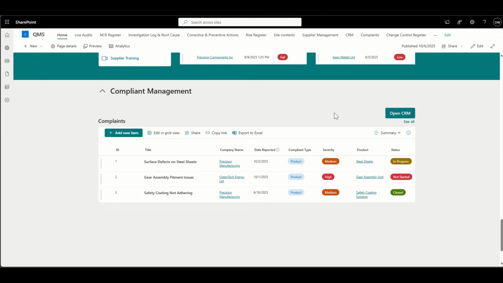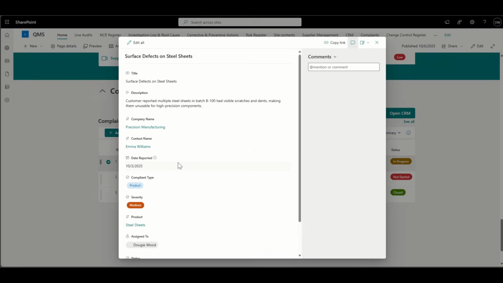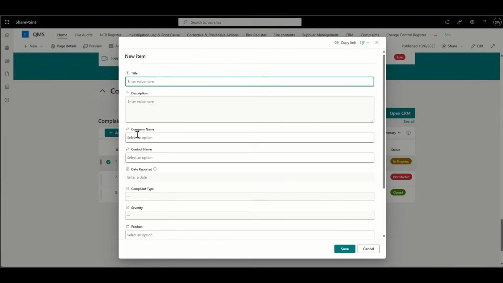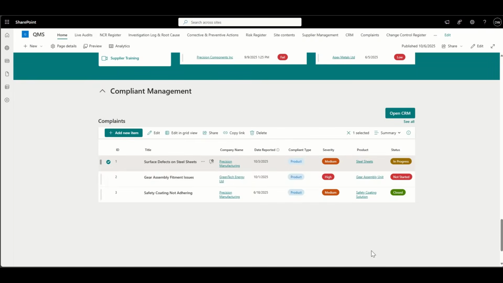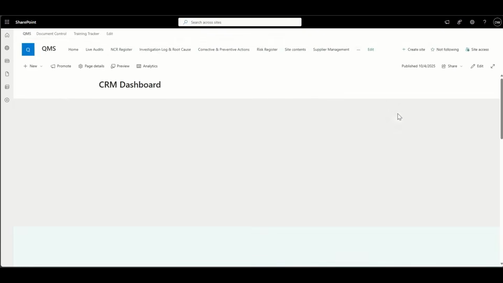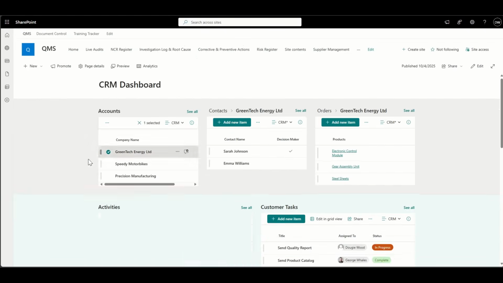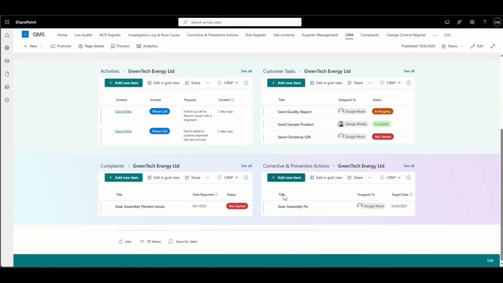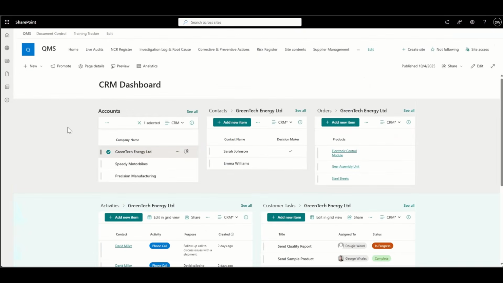If we wanted to drill into a bit more, as in an individual complaint, we can just open them up. If we wanted to create a new complaint, we can click on add new item to add a new complaint, which obviously we can tie back to the company and the contact and things like that. And then if we wanted to see almost like the full activity of what was going on with that complaint, we can jump in to open up the CRM system, select the customer that we're interested in, scroll down, and then we can see full complaints for that customer, as well as any corrective actions